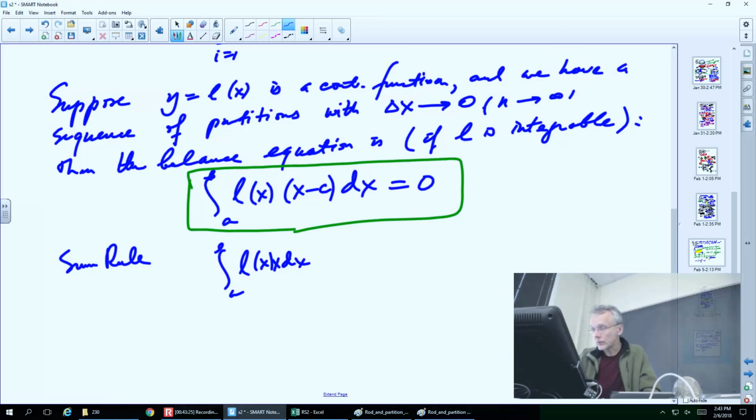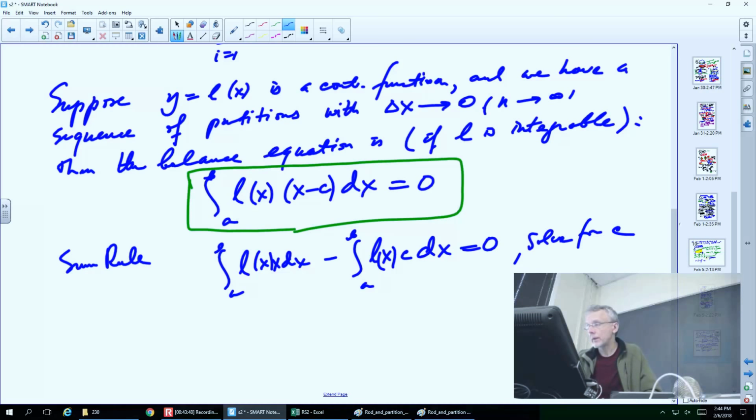Minus the integral from a to b of Lx c dx, and it's equal to 0. We're doing the same thing: just like we have a sum rule for summation, we have a sum rule for integration, and the one integral breaks into two. I rearrange terms. So for c,